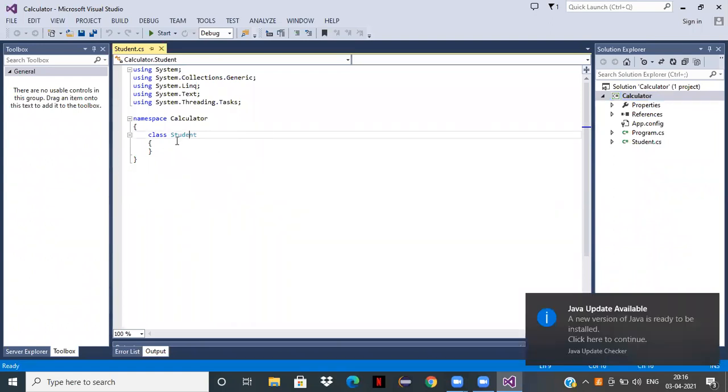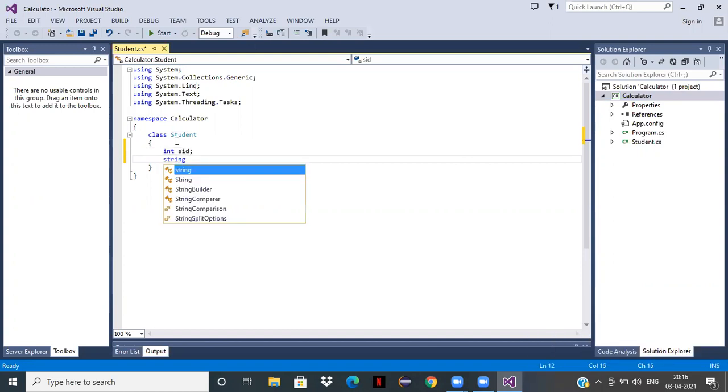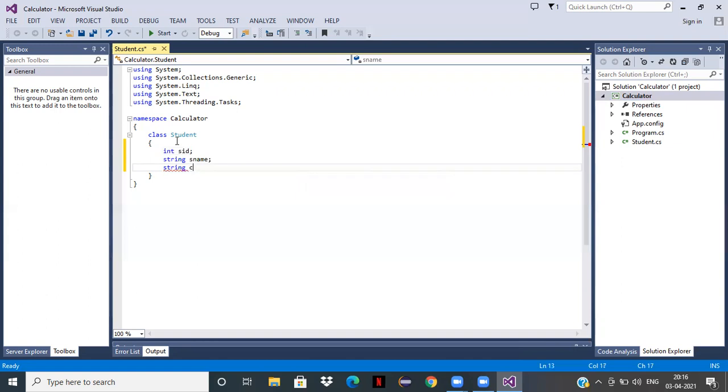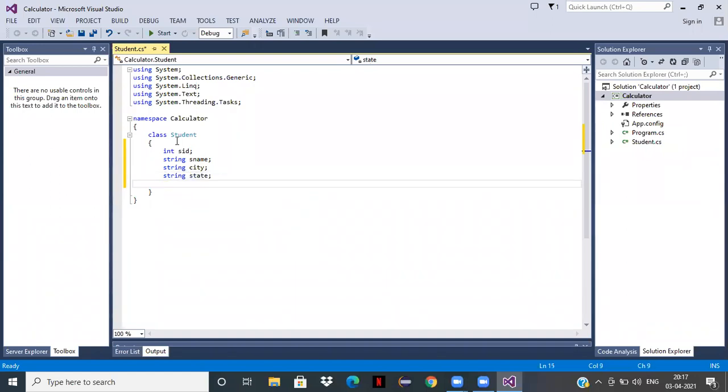Here I need to declare the properties like int SID, string sname, string city, string state, string country, int age.